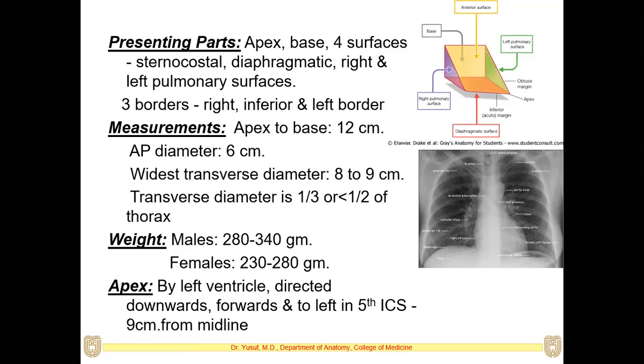You should know the apex, as I said before, it will be in the 5th intercostal space. ICS means intercostal space, and 9 centimeters from the midline. So this is the site where you give direct injections sometimes in case of, as I said, cardiac arrest. So you should know that where, when you are putting the syringe directly into the heart, into the apex, you should know where it is going. So you should remember that the apex is formed by the left ventricle. So if you push any drugs into the apex, it will be going into the left ventricle. It is rarely done, but when it is done, you should know where it is going. Okay.